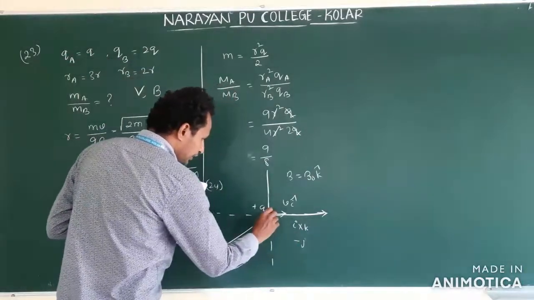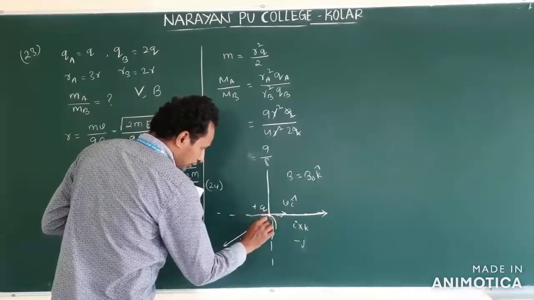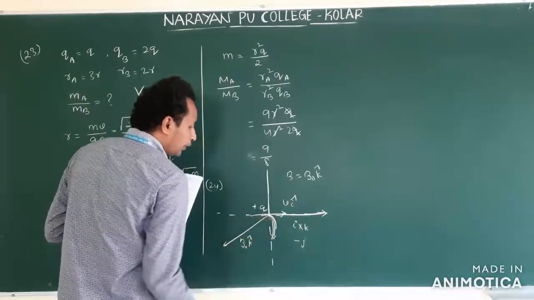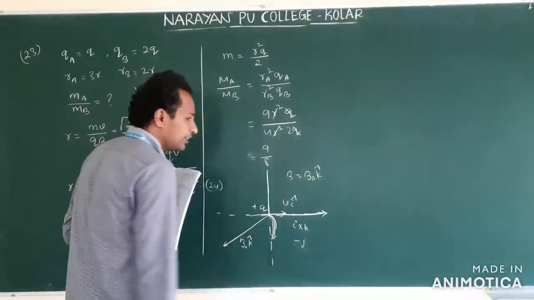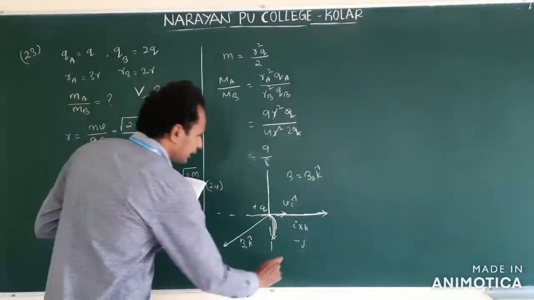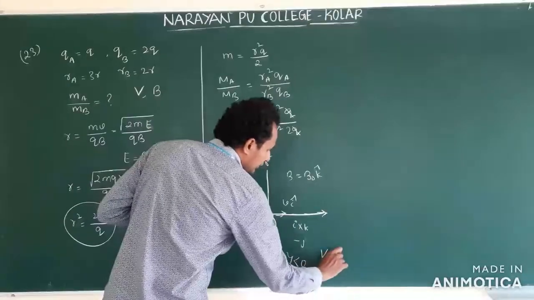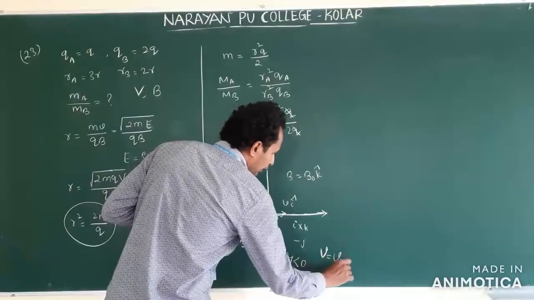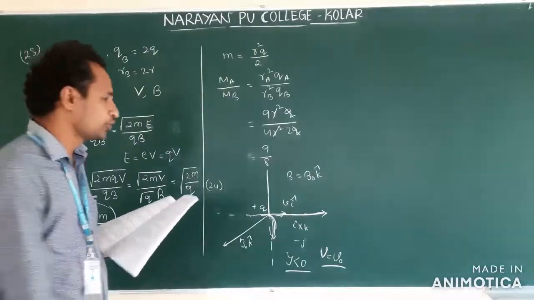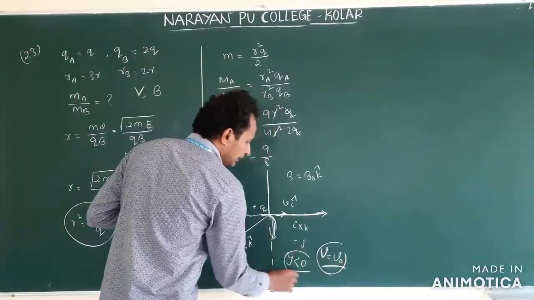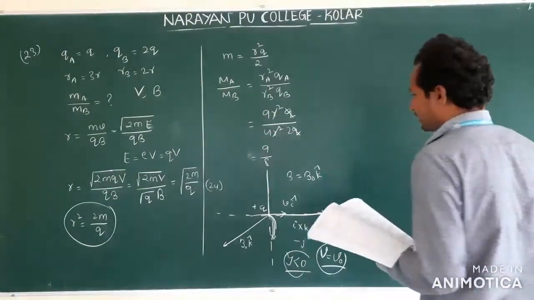Minus j means it deviates towards, as soon as it moves, which direction? Y. Negative y means it is less than 0 or greater than 0? It is less than 0. So y is less than 0. Velocity remains the same, v is equal to v naught. The velocity does not change but the direction changes. They gave the magnitude, so the magnitude remains the same but y is less than 0. Clear? So option 2 is correct.